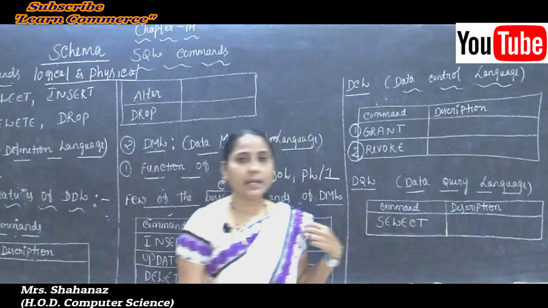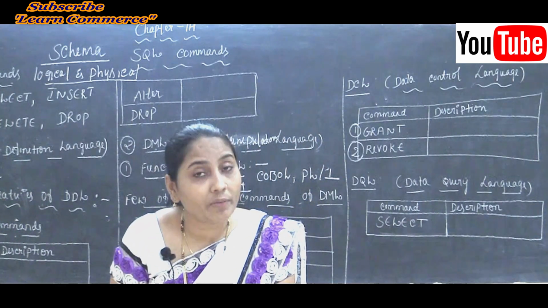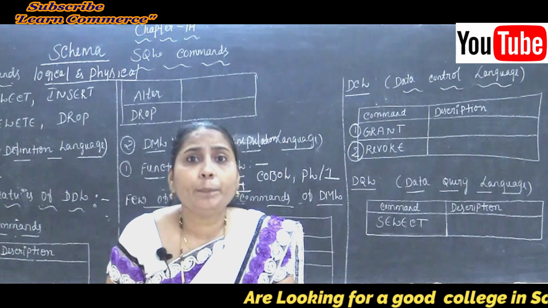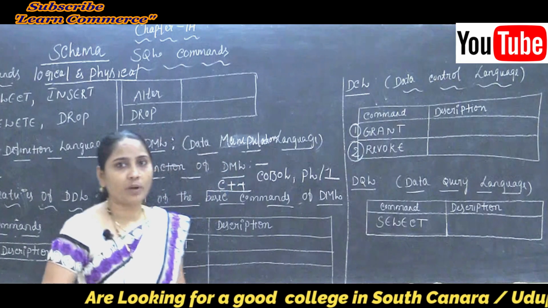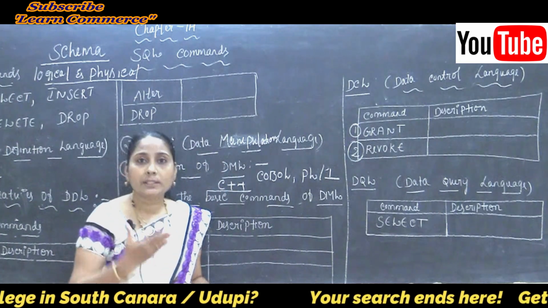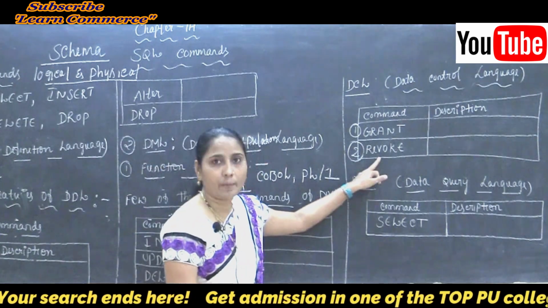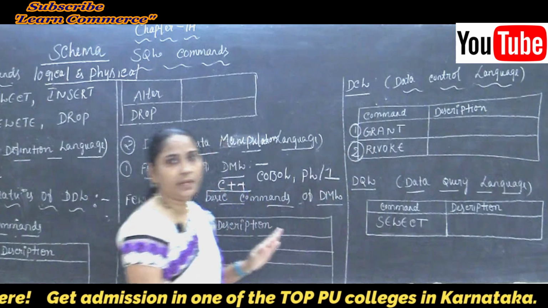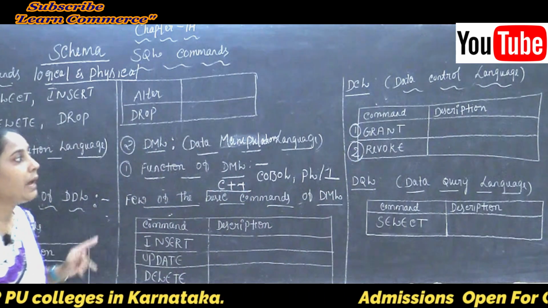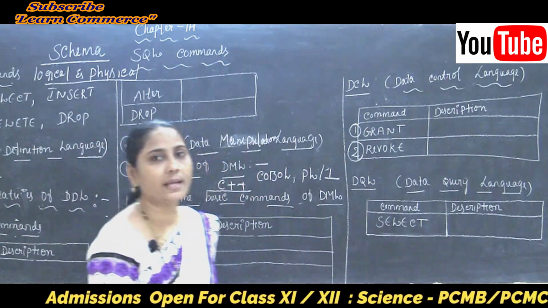And the second thing is the revoke command. Why do we use the revoke command? It takes back the permission granted to the user. Whatever permission we provided to the user, such permission is taken back by using the revoke command. Clear this point here? So this is the meaning of DCL. The DCL full form is Data Control Language, and it contains two commands: the first is grant and the second is called revoke.